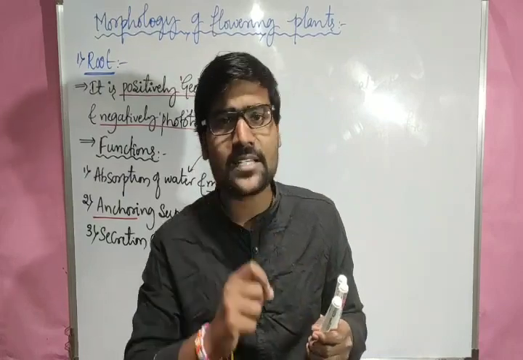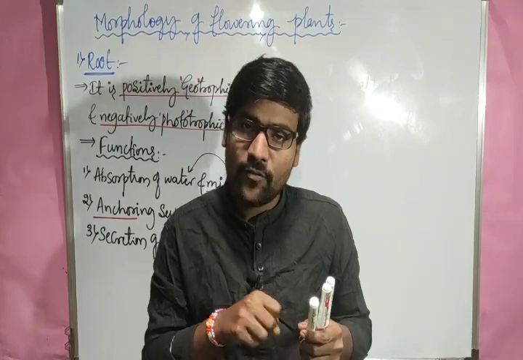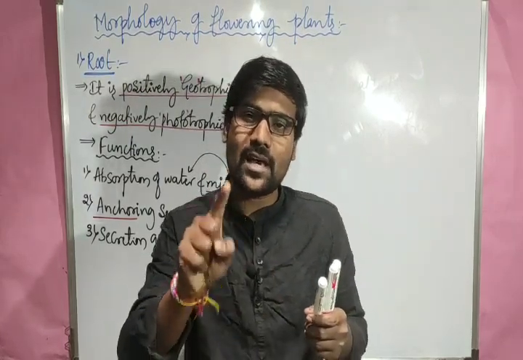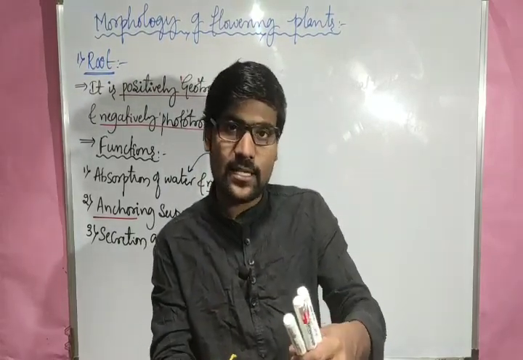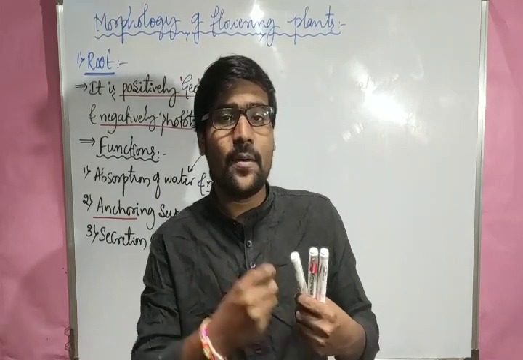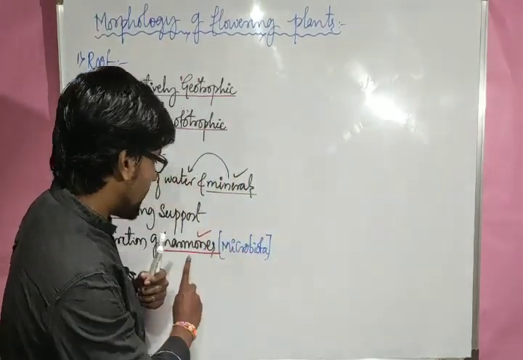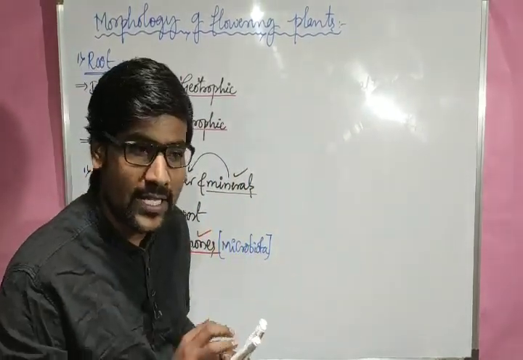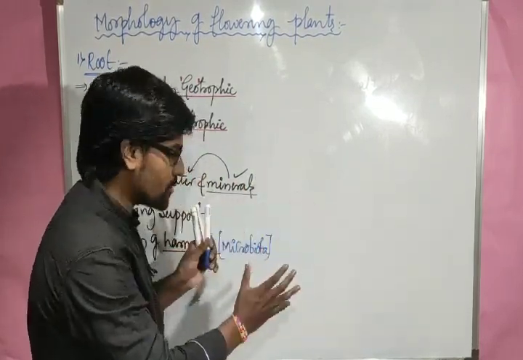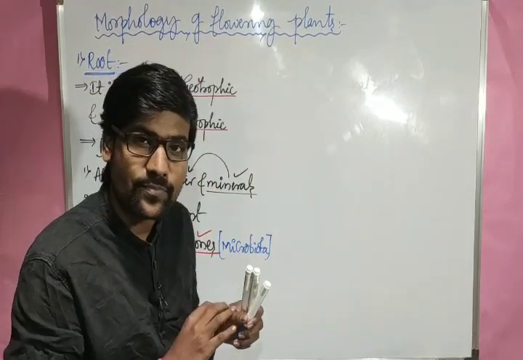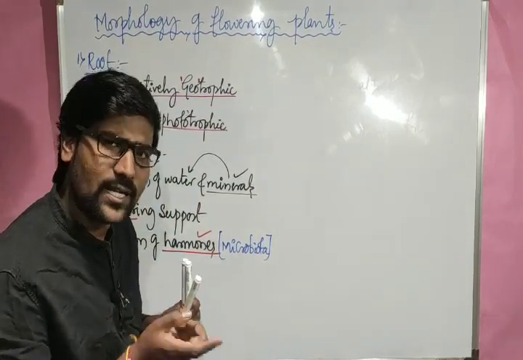Say for example, inside the plant nitrogen should be absorbed. For absorption of nitrogen there must be the help of microorganisms. If the plant has to absorb nitrogen, it certainly needs microorganisms. So that means the plant should make a partnership with the microorganisms. That means it has to attract the microorganisms. The microorganisms together, all the microbes, we refer to as the microbiota, right? To attract them, plants have to produce some hormones. That is another function.